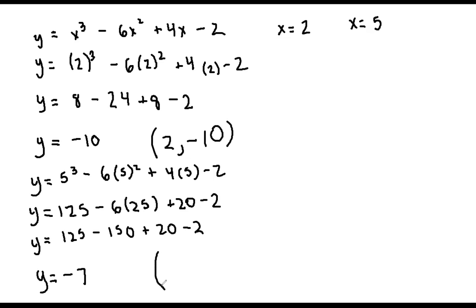So our second point is (5, -7). Now that we have the y value for each of these points, we can use the formula